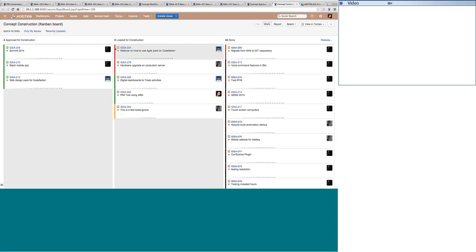A few of these color codes are telling me that the due date has already been crossed, or maybe the orange ones are telling me that yes, the due date is approaching. We need to hurry up. The green ones are telling me yes, we still have time at hand. So based on this color coding, we can actually decide the priorities of the idea, the time that we have in hand and the resources that we have in hand. So based on these different tools that Jira provides us, it's very much possible for us to be decisive for the idea.